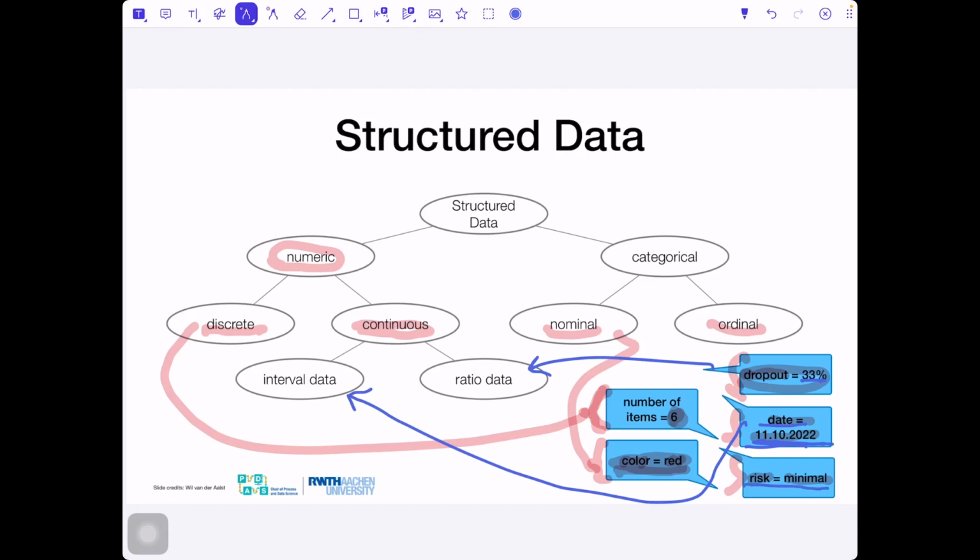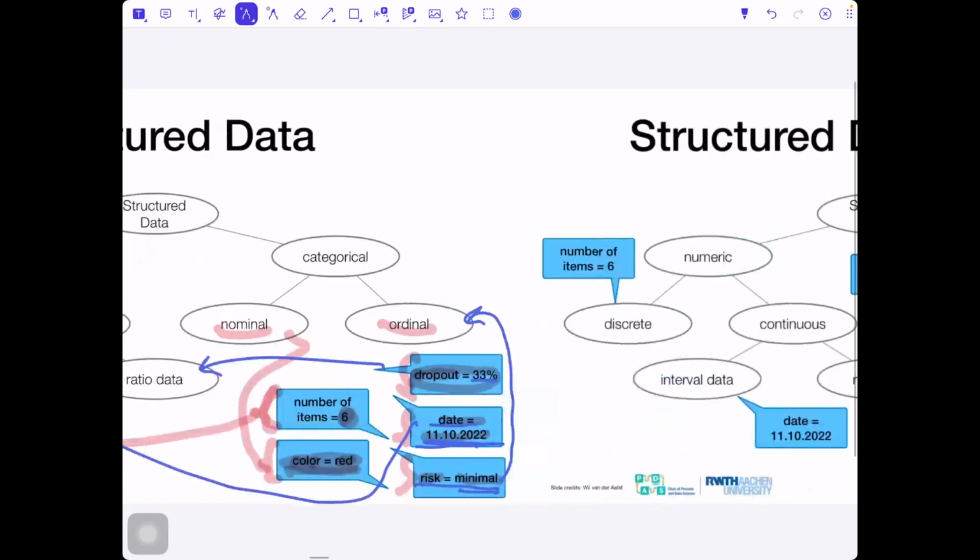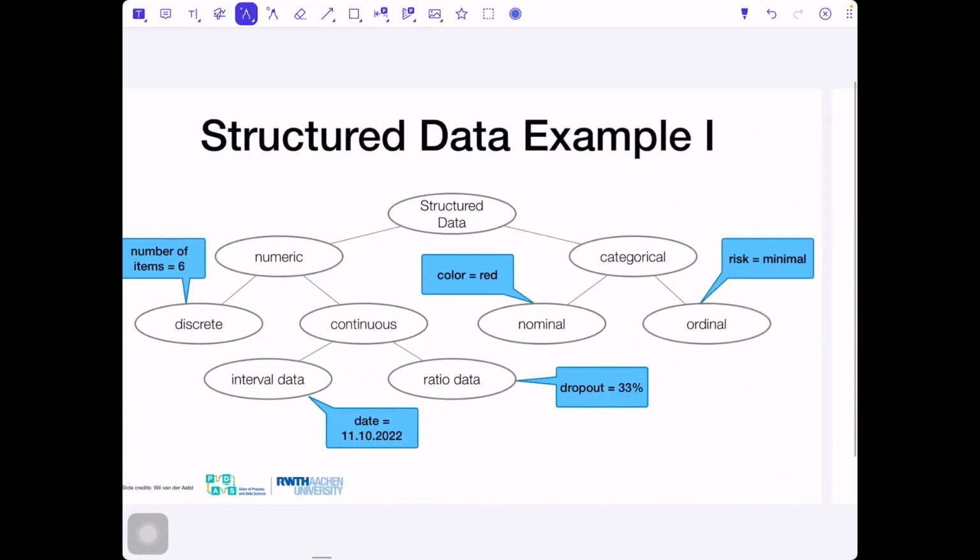You can represent risk also as a percentage, absolutely. But in our case, it says risk is minimal. So yes, it's categorical. The next question, is it nominal or ordinal? Perfect. Here's the exact result.